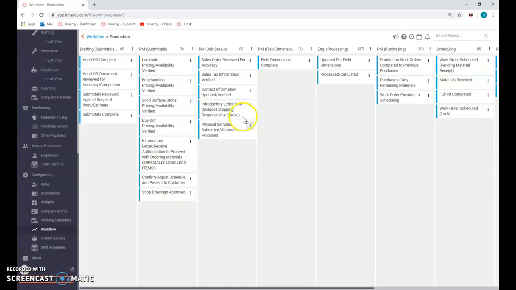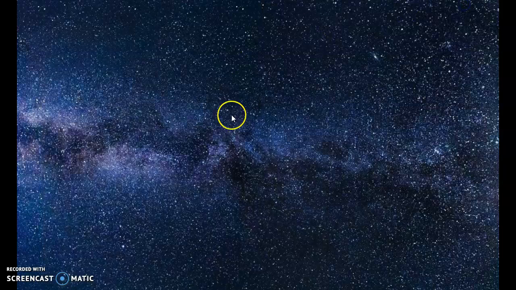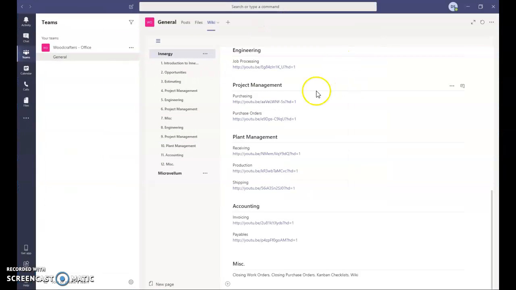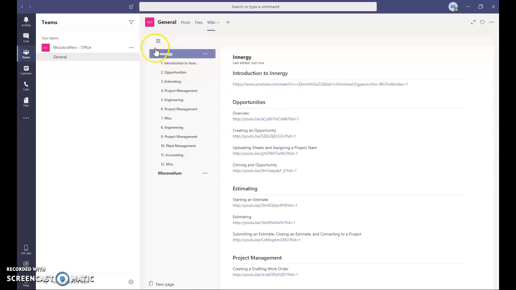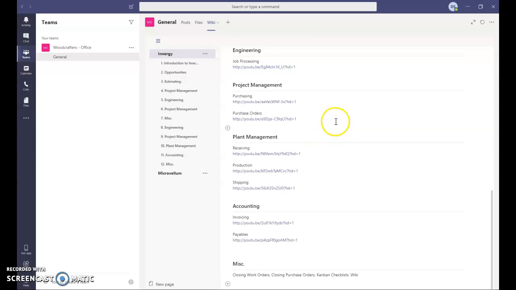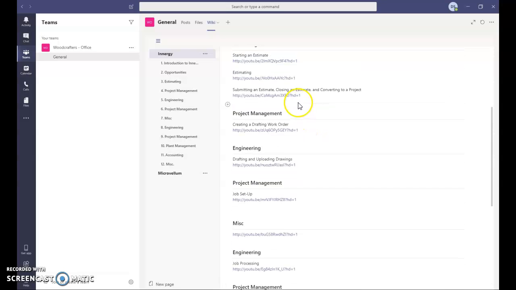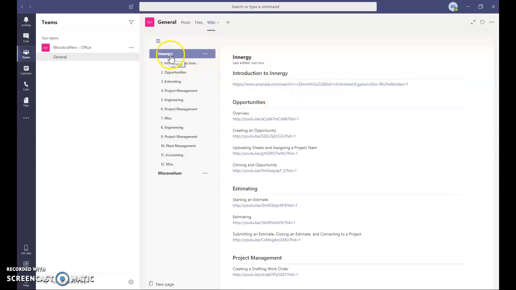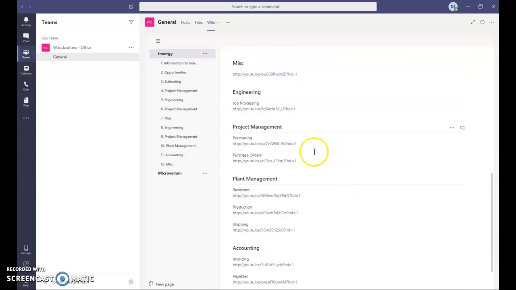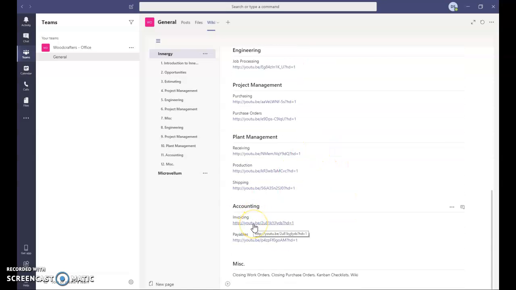The next thing that I wanted to share with you guys is what some of the other companies that I've seen are doing, and I really like the idea. I'm not too keen on this specific tool, but what I am enjoying is the wiki, is what it's called. Anybody who knows what Wikipedia is, it's basically a knowledge base. Right now I created a wiki and a page with the subjects that we all just reviewed, and I'm pasting the links to YouTube videos that I created that we watched today. But basically there's